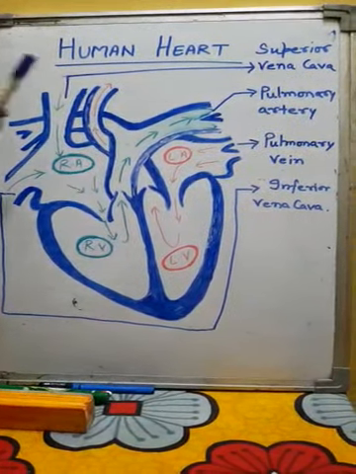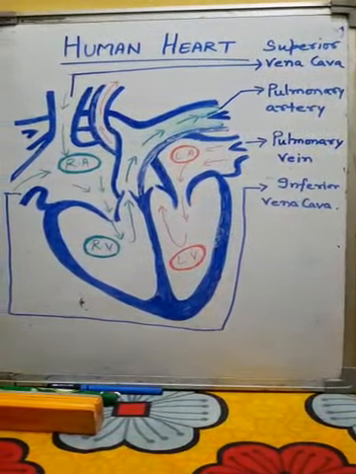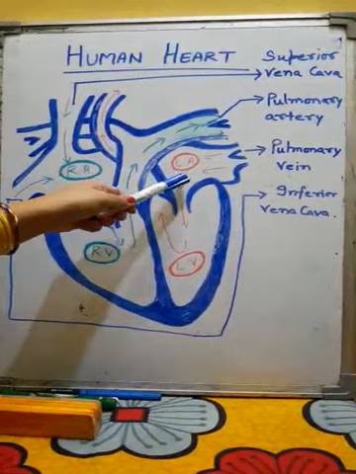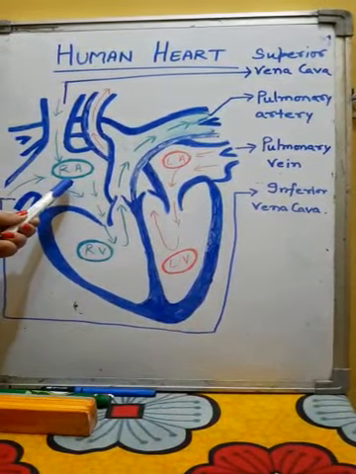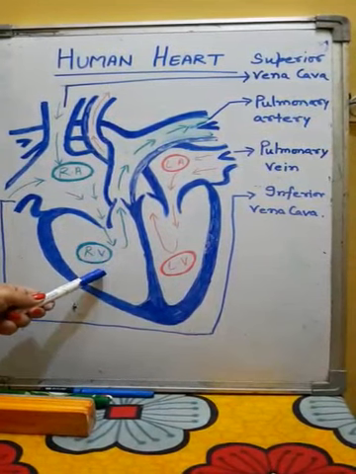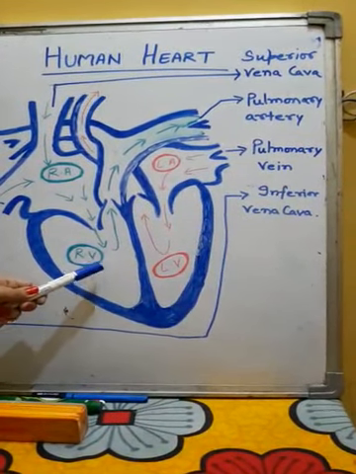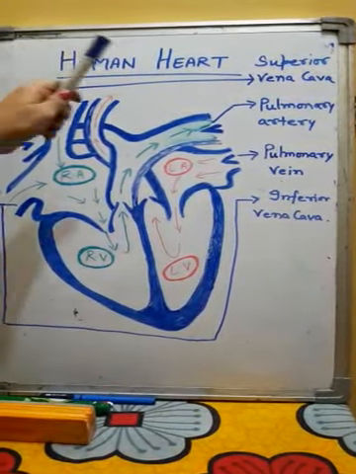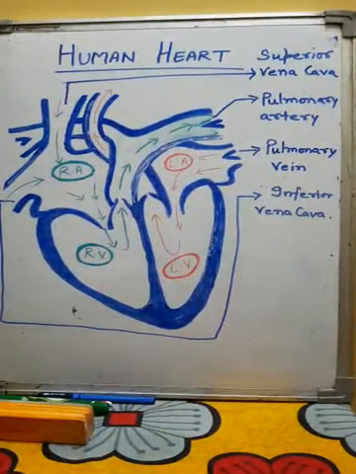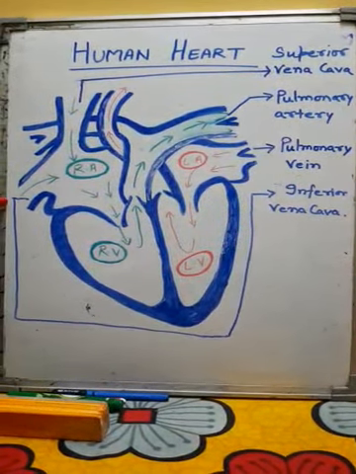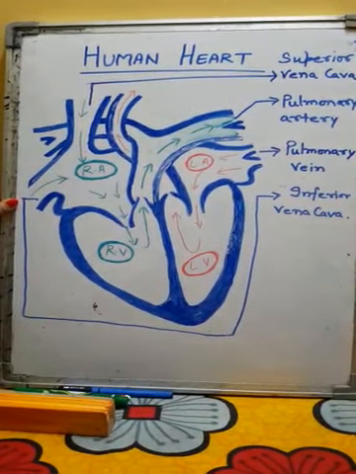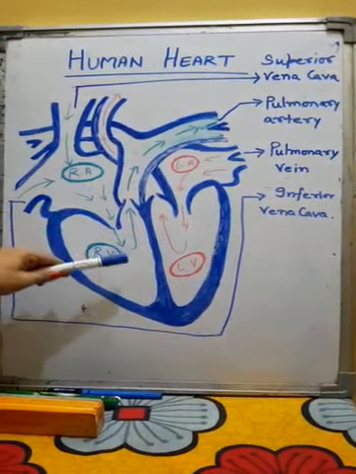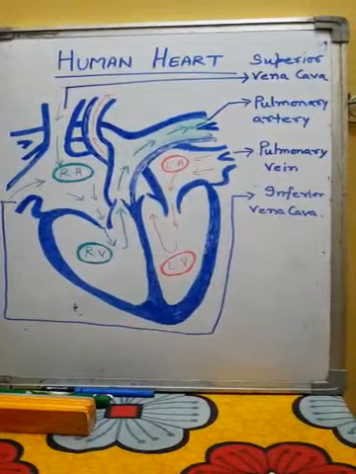So this is the sequence, cyclic contraction and relaxation of the human heart. First of all, both the atria expand, then they contract, then the ventricles expand, and finally the ventricles contract, releasing blood into the pulmonary artery and aorta. The complete circulation of blood through the heart is called the cardiac cycle. One complete rotation is called the cardiac cycle, and it consists of auricular systole, ventricular systole and joint diastole.